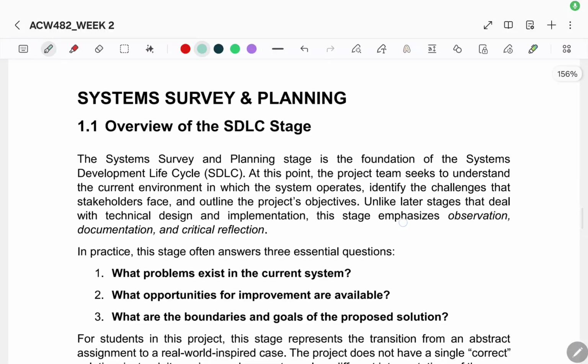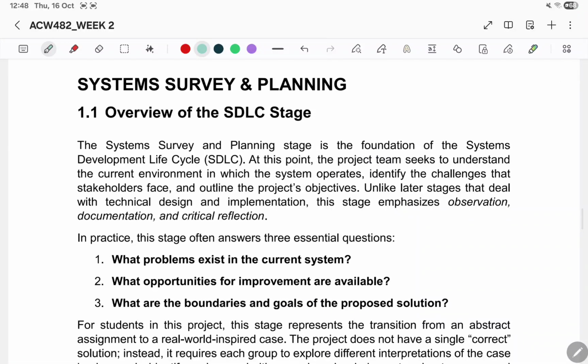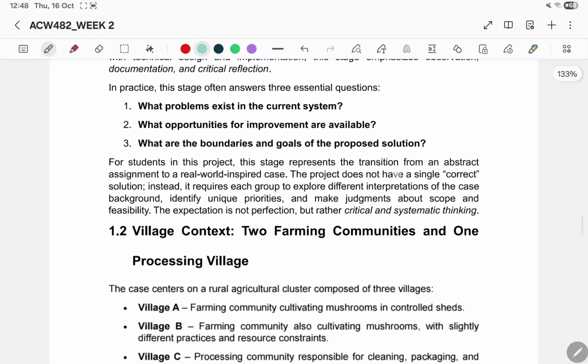This is the system survey and planning. If you have your project with you, this will be the first part that you're going to see. So over here is,